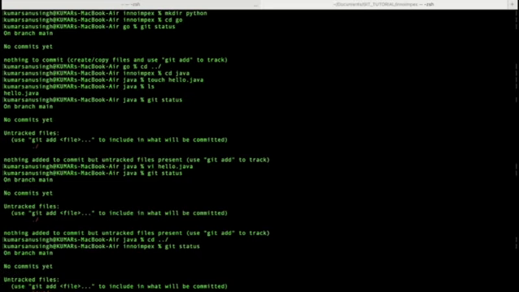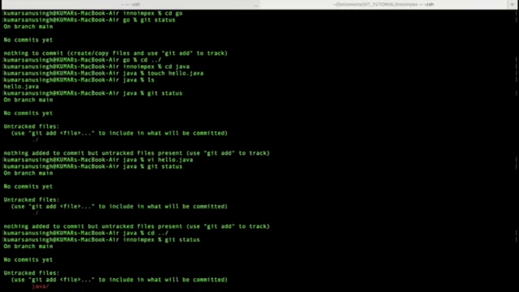What will this do? Whatever files you have that are untracked, or not being captured by Git, the moment you do git add, it will move them to the staging area. A lot of people run this git add command, but we don't know what the staging area is. Staging area is nothing but, sorry, does anyone have any questions?